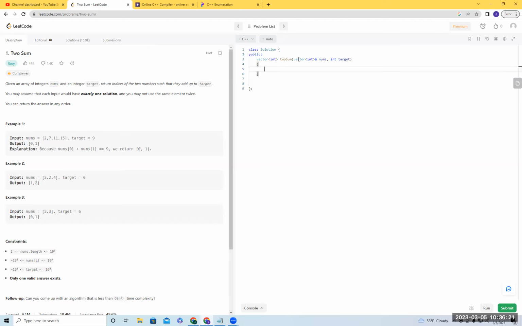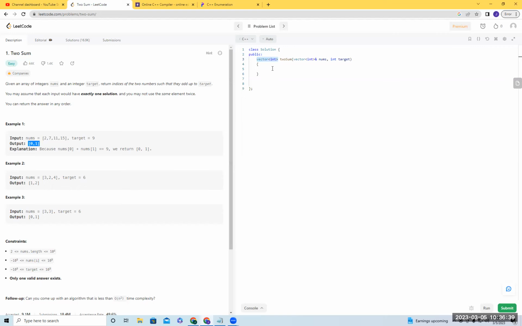And actually, sorry, let's look at our inputs. So what do we have as our inputs? We have our vector called nums, and we have the target that we're looking to sum up to. All right. And what are we looking to return? We're looking to return a vector of integers. So we're looking to return a vector which has those 2 indices that correspond to the elements that add up